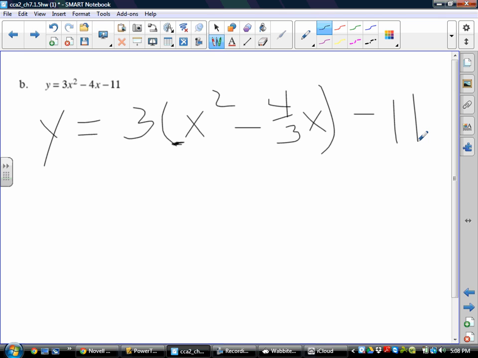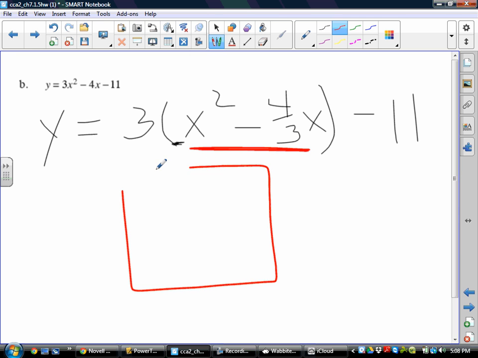I could really pull out the 3 from everything, but that's just going to be a lot of mess. So if we have this term on the outside already, it'll be a little easier when we complete the square. So again, I'm just going to complete the square with just inside the parentheses. Forget about everything else for right now. X squared always goes in the bottom left. Now I want to split up negative 4/3 x, so that'll be negative 2/3